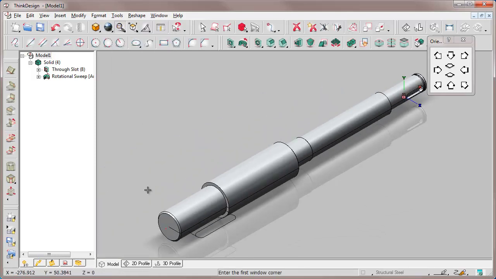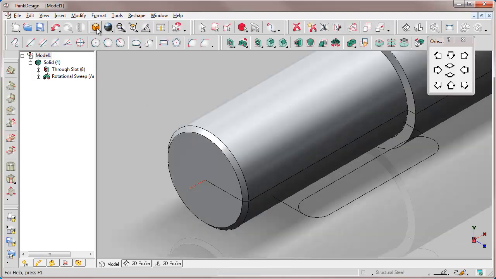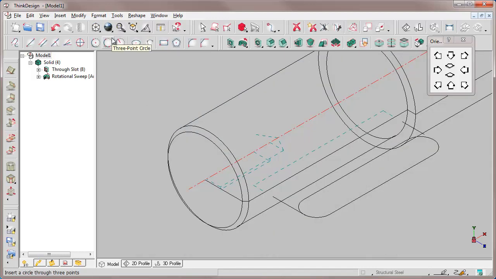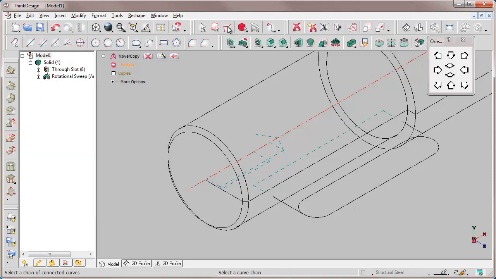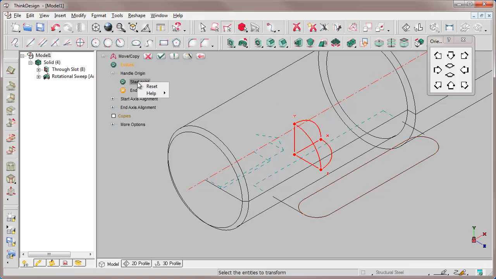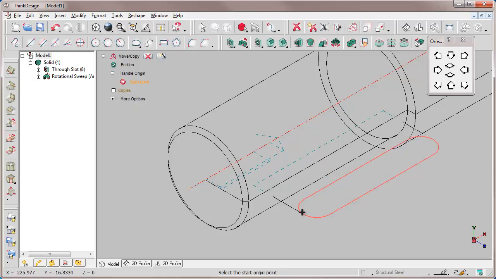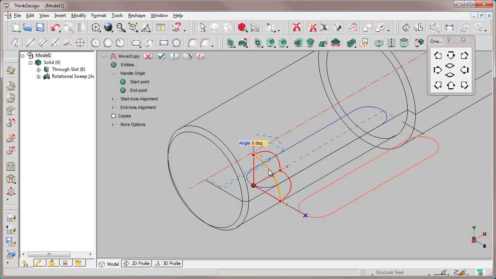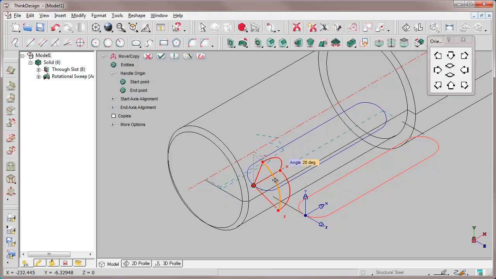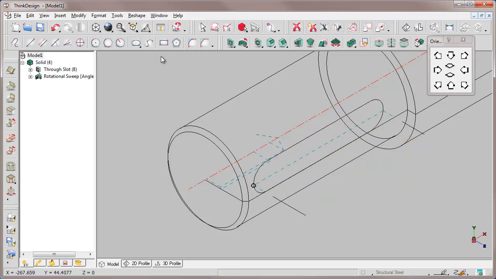We repeat the same operations for the buttonhole on the other side. Zoom window to work with more details. We move the selected geometry, the buttonhole. We reset the starting point for the movement. We rotate the geometry, in this case by rotating the handle around the x-axis, and the positioning is correct.